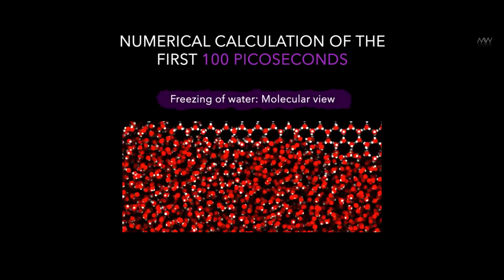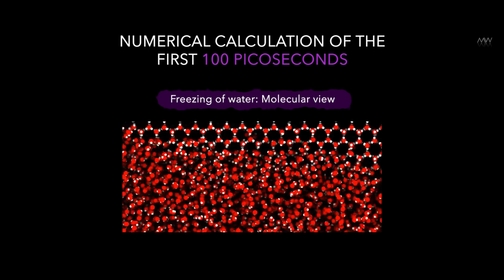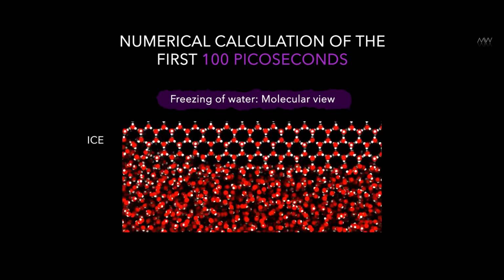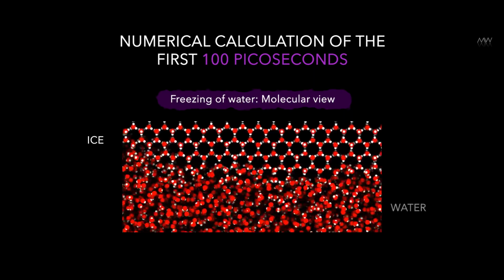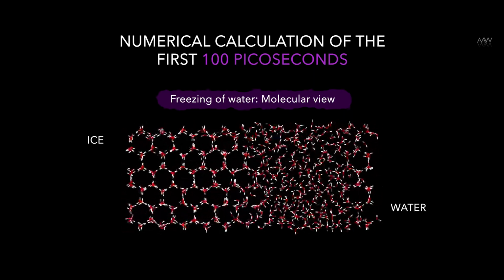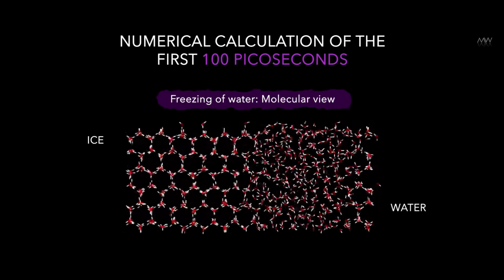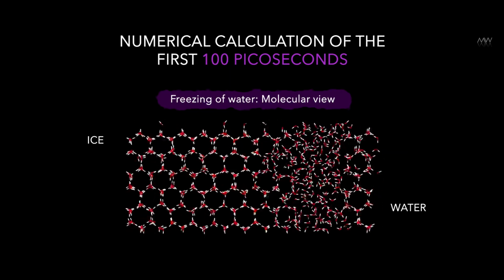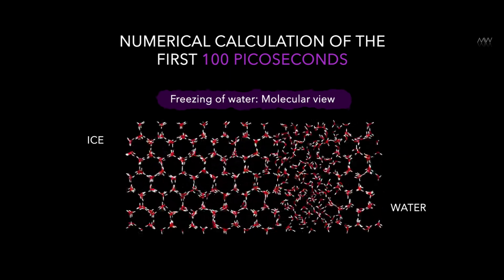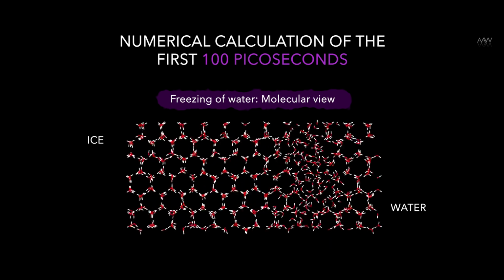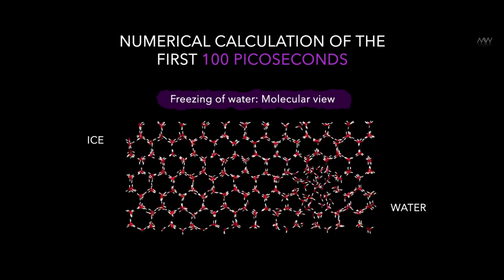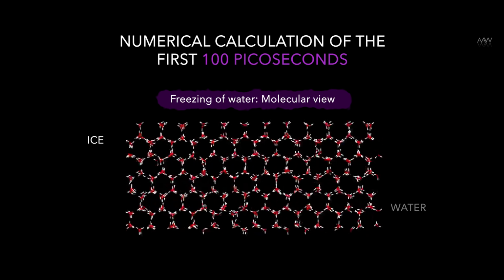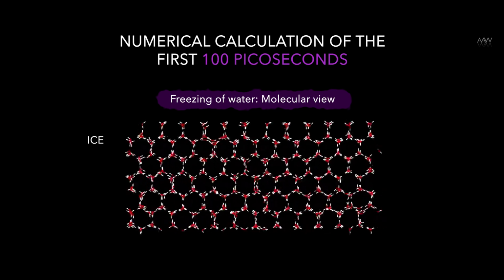How water crystallizes when heat is removed from it. That is, how water freezes. Here you see the part that's already crystalline. That's ice. There's more water here. Molecules move back and forth, rearrange themselves somehow. And gradually, if you take energy away from them, they start to fit into this crystal lattice. Not instantly, over many tries, but sooner or later they finally form ice. Now this whole video that just happened here took about 100 picoseconds of modeling.